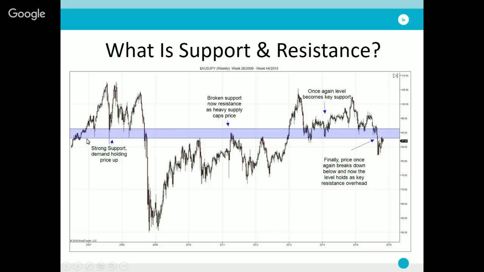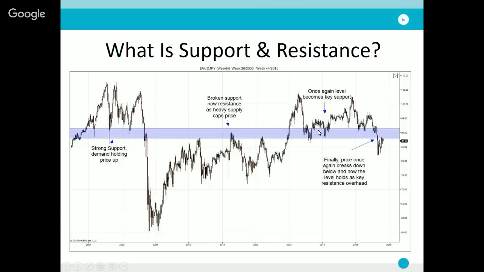You can see that it starts off as strong support here with a number of tests, all rebuffed, all sending price back higher. We then break down lower through this support level. And then, as we know, supply has outweighed demand at this level and support turns into resistance. You can see that we trade back up, test this level a number of times, where each time sellers step in to take price lower. We then break through here. So at this point, we now know, having broken to the upside, that demand is stronger than supply in the market at this level. And once we test it a few times from above, you can see this level acting